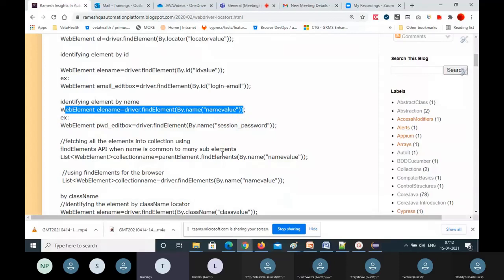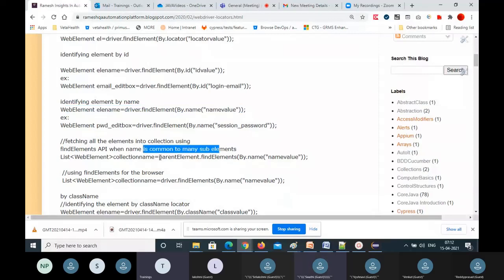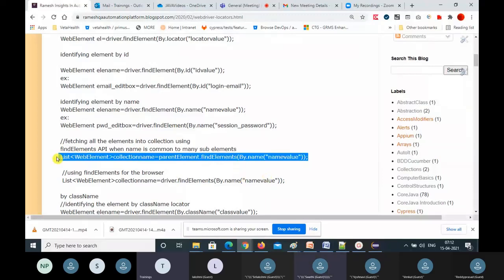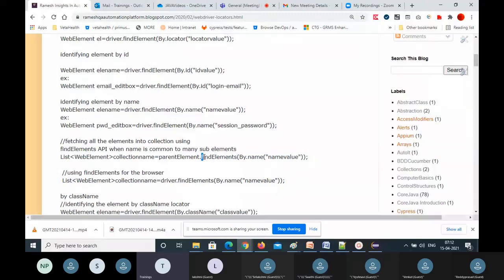Just now I explained in the find element and find elements methods how to get sub-elements inside a particular parent element. First the parent element, but this one is a driver. Driver means the entire page. That's the difference between driver and parent element. Parent element means one element in the entire page, but driver means the entire page. Please be aware of this syntax. If you are fetching sub-elements inside a particular element, then use this syntax. Write that element name, then call the find elements method.